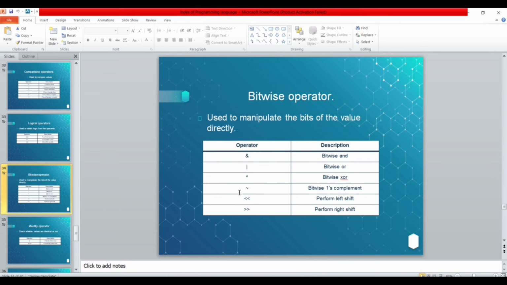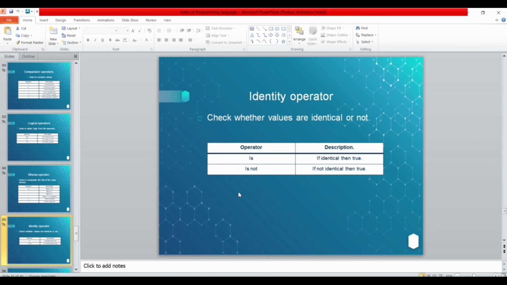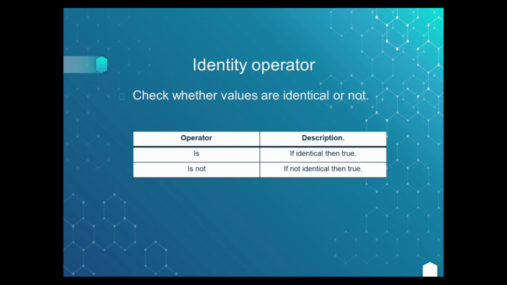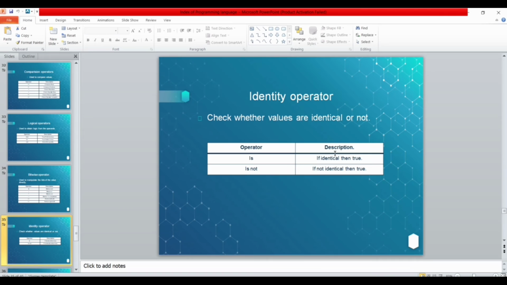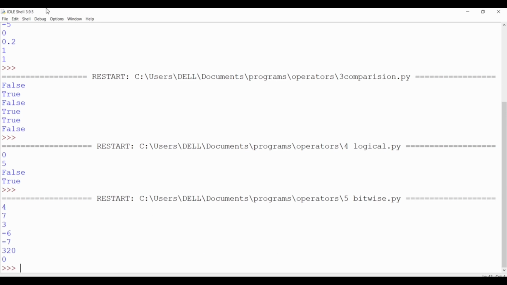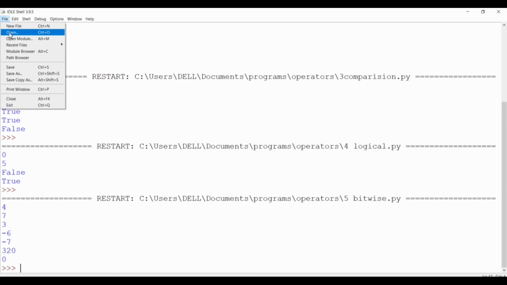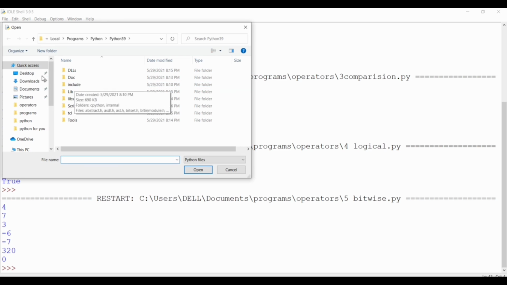Okay, the bitwise operation is completed, and the next one is the identity operator. In this identity operator, we are checking whether the values are identical or not. Let's have a program for the identity operator.